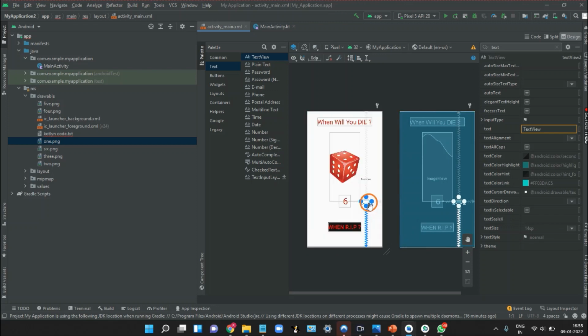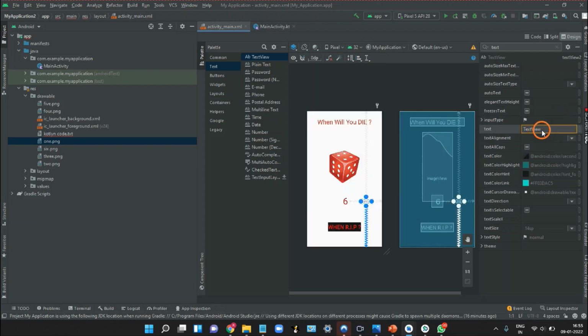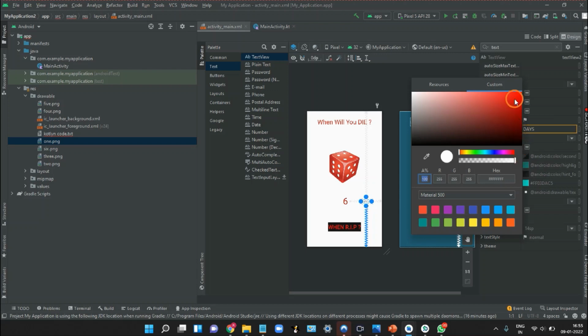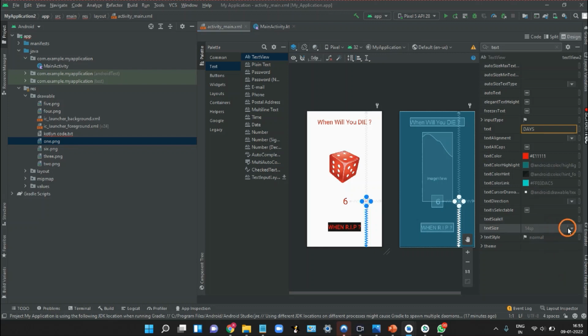Now let's edit this. First of all, I'll change the text to days and text color to red, and text size to, let's say, 34 sp.